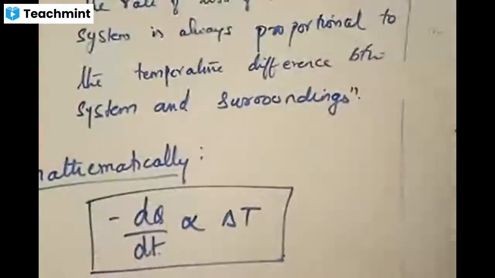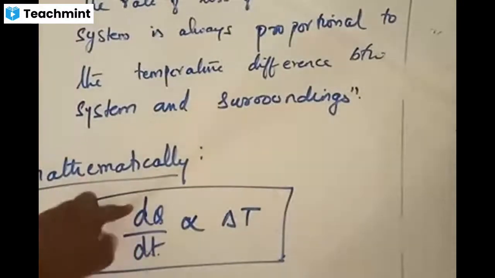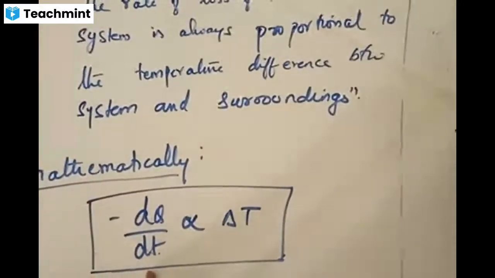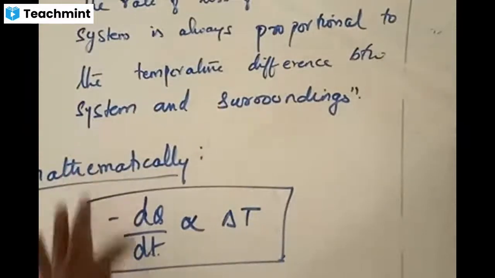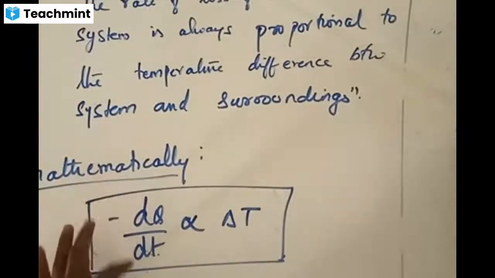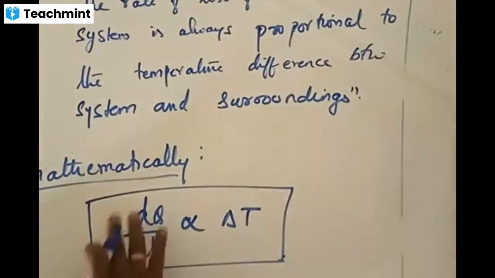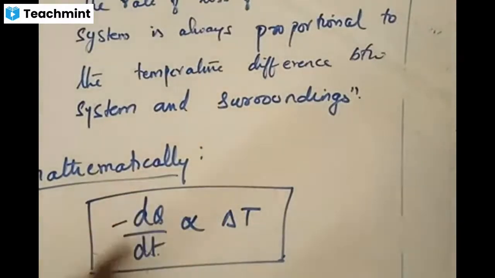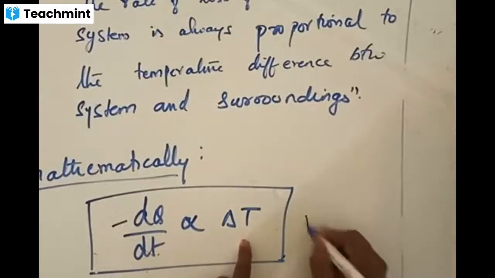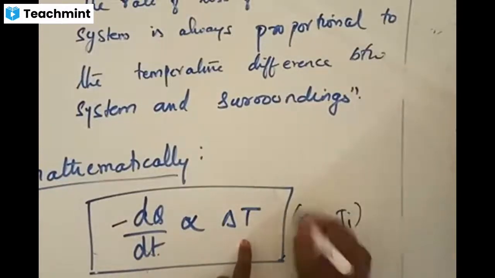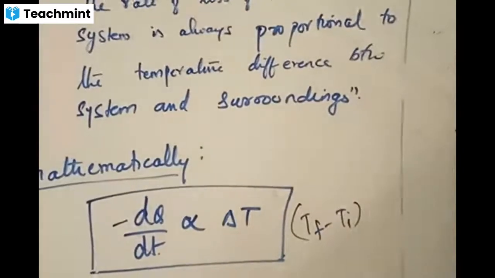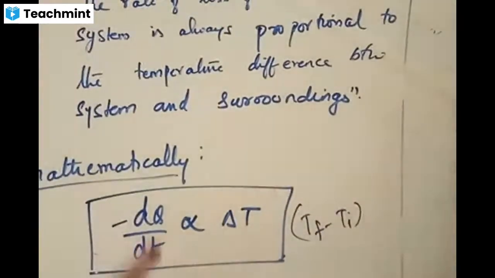If dq is the change of heat, dt is the change of time, dq by dt is called the rate of change of heat. We are using a negative sign to say it is losing. Plus means gaining, minus means it is losing. Rate of change of loss of heat of a body is always proportional to what? Delta T indicates the change of temperature, initial temperature and final temperature. Mathematically you can put this statement like this: dq by dt is proportional to delta t.